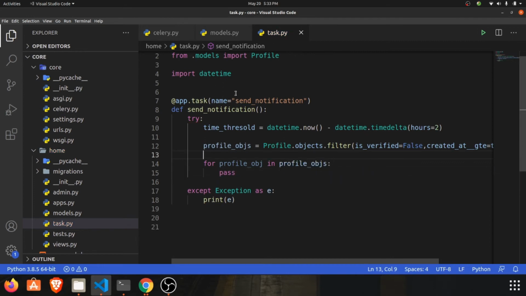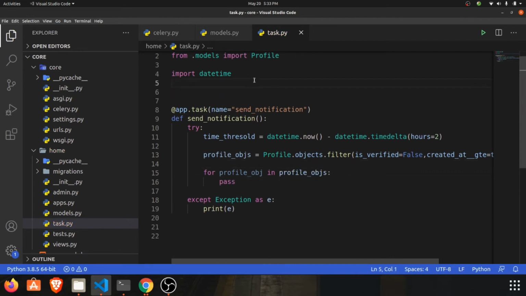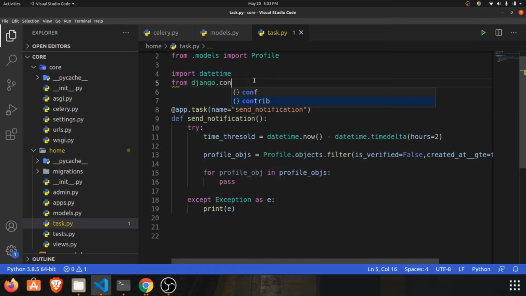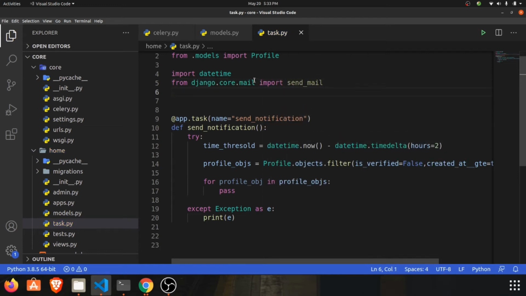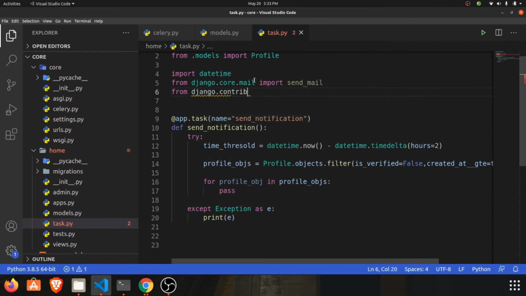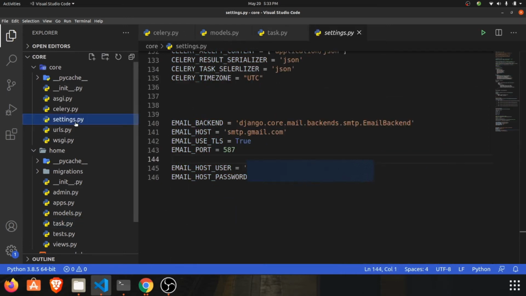Now we will write our send email thing, and we need to import send_mail from django.core.mail, and settings from django.conf. Okay, I have already added the email settings in our Django admin section.